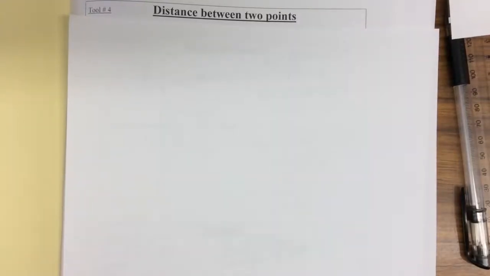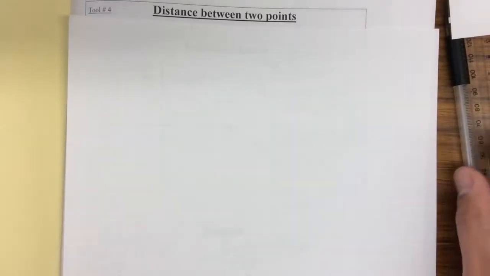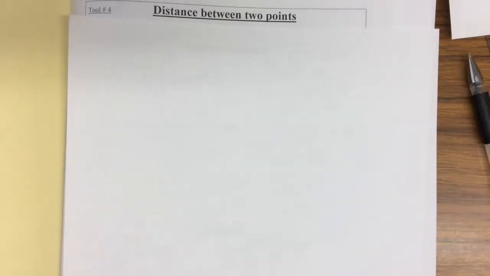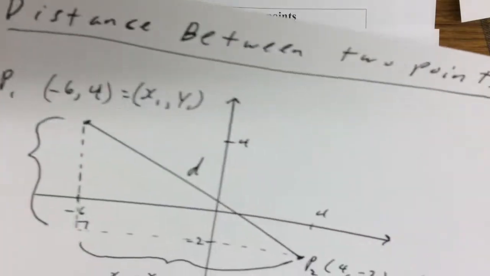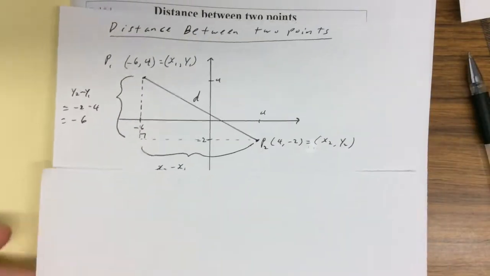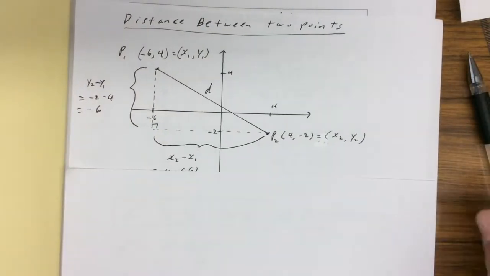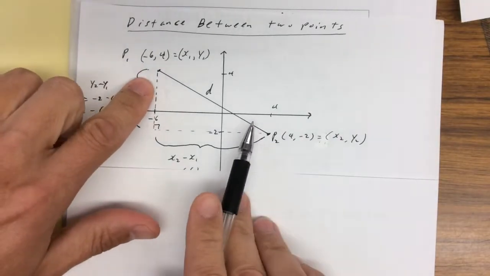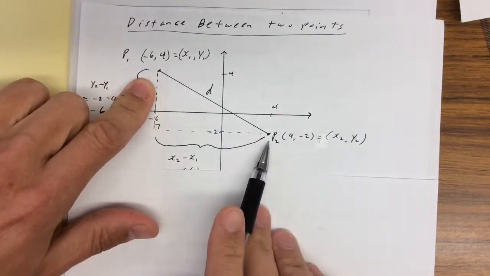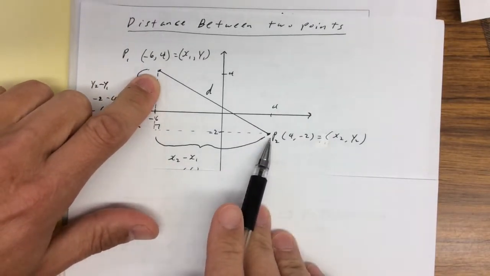Okay, we're going to look at the distance between 2 points formula. So where does it come from and how does it work? Well, I'm going to show a little picture here. So in this picture, if we have 2 points, P1 and P2, and we want to find the distance between the